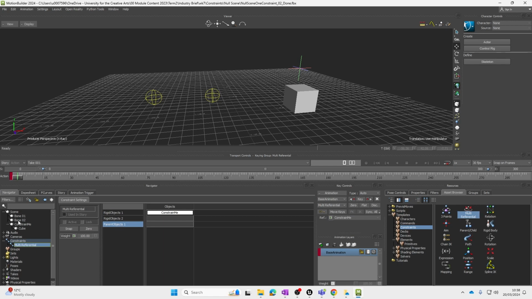So what we'll do is we'll drag that. I don't think you can drag this from the viewport, it won't work. And there's no middle mouse button drag. So you'll have to drag it from the navigator. So in your hierarchy, you'd have to go and find the character's hand, which will be somewhere in the skeleton structure. But once you've got that, if you just left click and drag it over to the parent objects one,